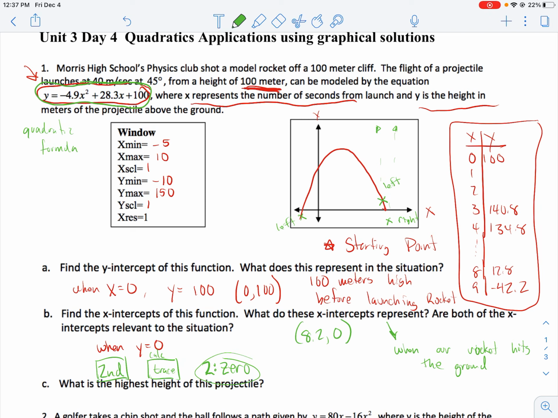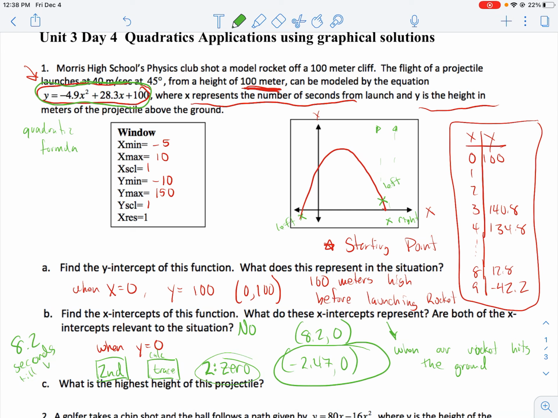Okay, so we go below, we go above, somewhere in between. All right, and we get negative 2.47, comma 0. Okay, so are both of the intercepts relevant to the situation? No, they are not. Okay, because we don't want a negative value representing time here. Okay, all right, so the only one that makes sense is 8.2, and so 8.2 seconds